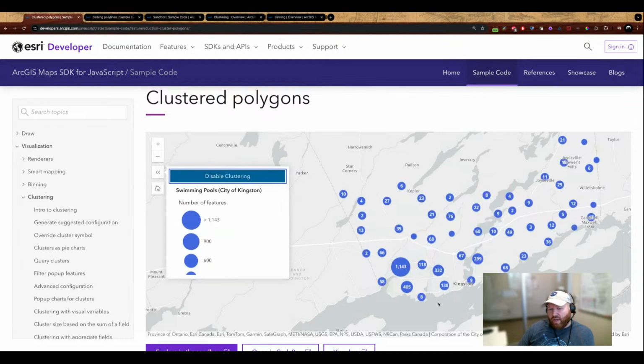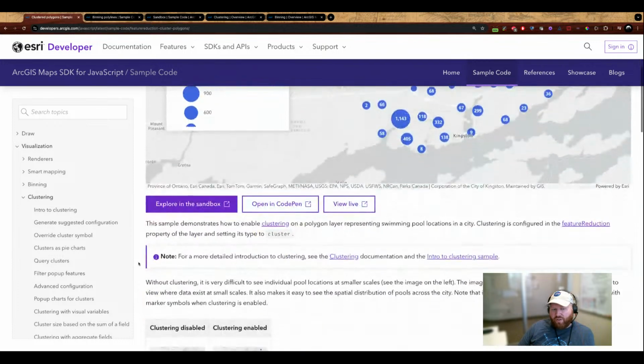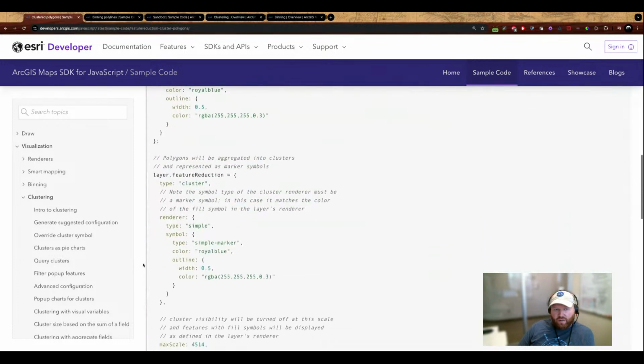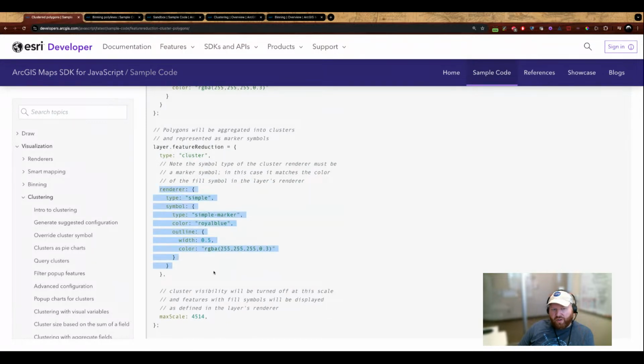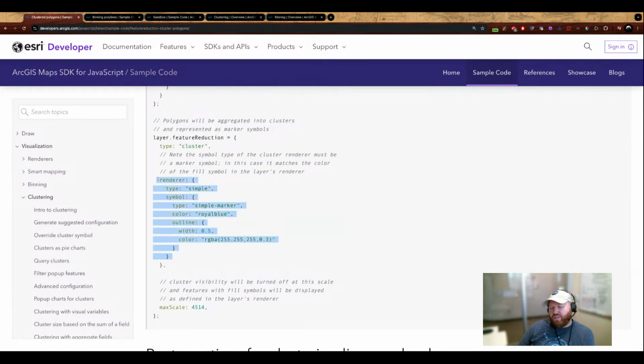individual features very clearly. You can even set a scale threshold. So that's what I've done here. If I show you the code down here, I have feature reduction, so I set the type to cluster. I've just set a simple renderer. This renderer is not necessary when you point cluster, but it is when you do clustering on polygons or polylines. So that's just a slight difference in our implementation. The main reason is that we can't infer styles from other geometry types because the clusters are points. It's easy to do a point-to-point translation from the layer to the cluster, whereas from polygons and polylines, it's